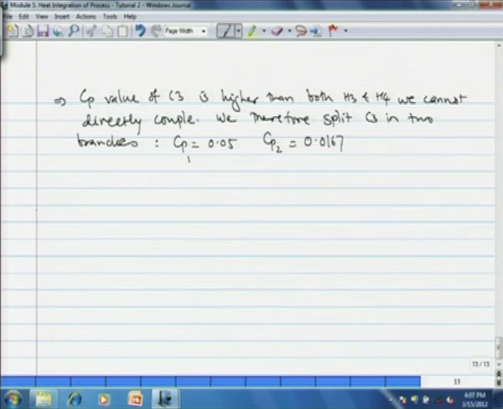Okay. Then the branch with Cp equal to 0.05 is coupled to stream H3